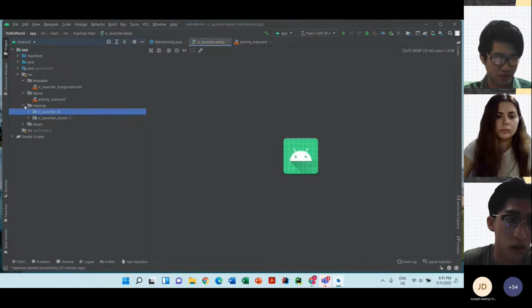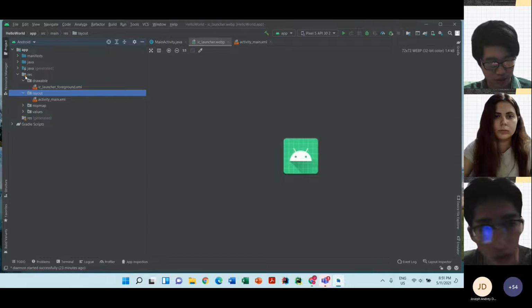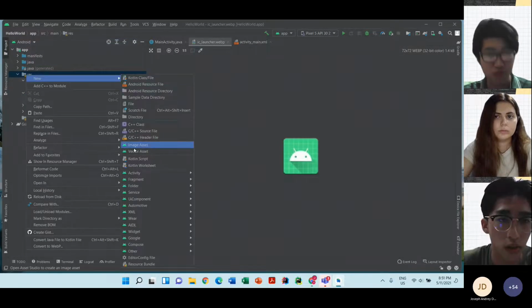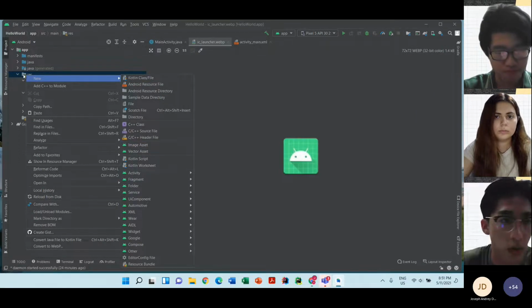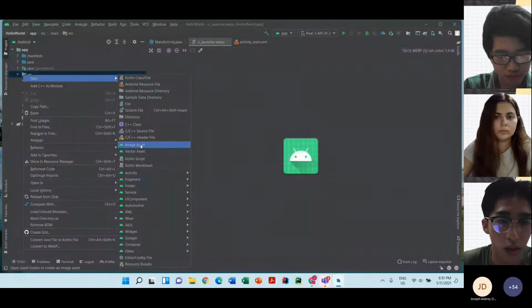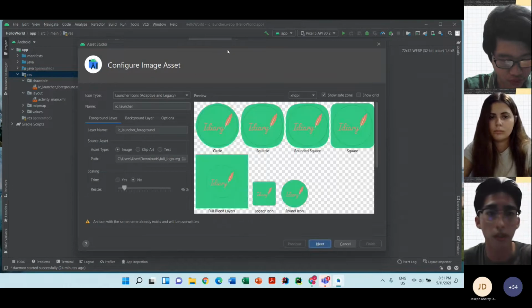Go to the resource folder, right click, new, go to Image Asset here. Can you guys follow? I repeat again: right click, new, Image Asset. Click this.